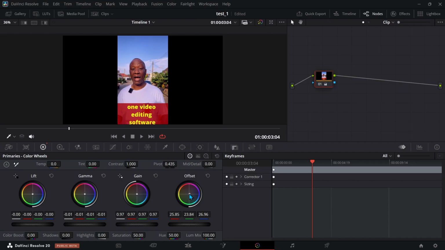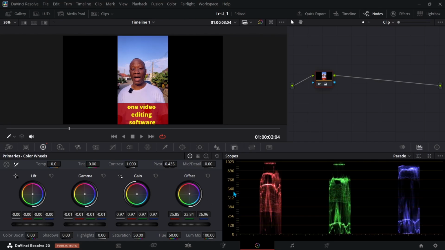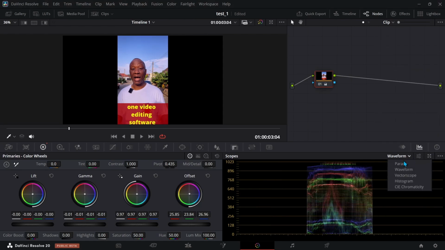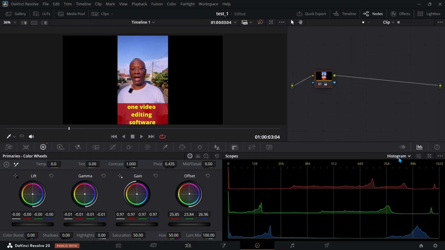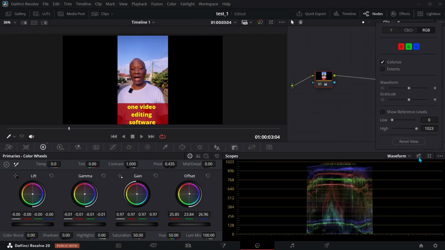But how do I get a visual representation of whether my image is very dark, which is underexposed, or very bright, overexposed? That's why we have these waveforms here. By default, we have the parade. I'd like to switch that to the waveform. We also have a vector scope, and we have a histogram as well. So I'll just go over to the waveform, click on this setting and turn off colorize so I can see